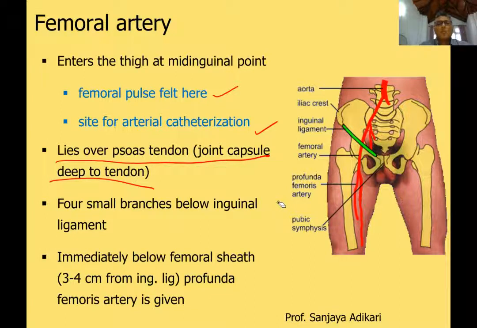And the four small branches that I will not mention: you have superficial circumflex iliac, superficial epigastric, and superficial and deep external pudendal. Okay, so those are the first few branches given from the femoral artery before the profunda femoris artery is given. And remember the point that the profunda femoris, when it is given,